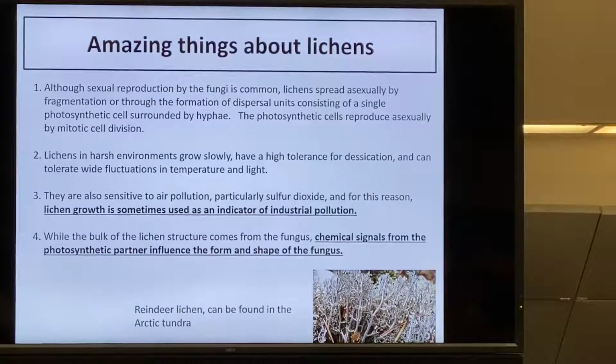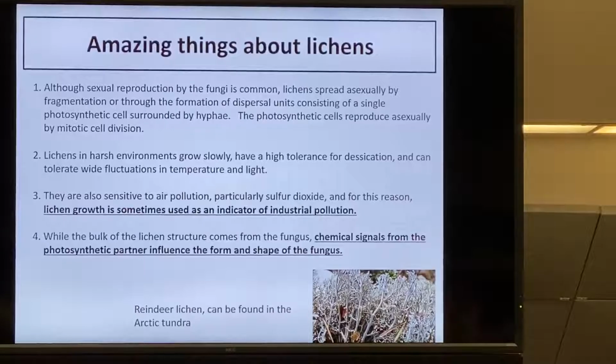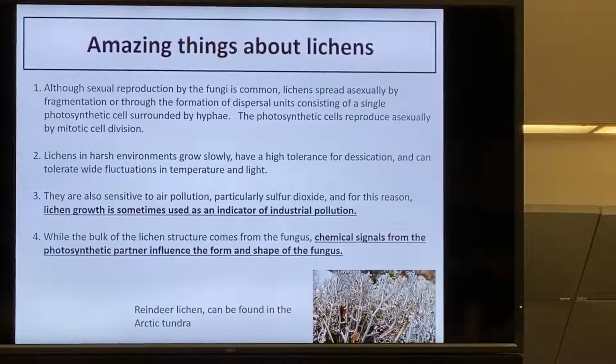There are certain things I love about lichens. I'm going to highlight two in particular for you. And I have a link at the end of the presentation that gives you a little more on reindeer lichen. I especially like that one because it can be found in this class' favorite biome, which is the tundra. If you look at point number 3, lichens are really interesting because they absorb, right, they're fungi, so they're very absorptive. So they tend to grow in places where there is not a lot of pollution. And in environments that then become polluted, the lichens will eventually disappear. They will not do well there because they are absorbing everything from their environment. So they are what's called a bioindicator.